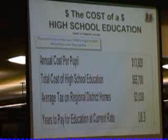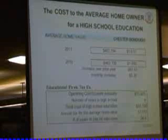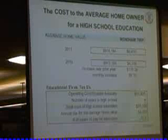You will perhaps be better able to relate to this by looking at the next 5 slides, which show the same comparison for each municipality and also show the average home value in each of our municipalities at the new tax rate to show what the tax would be. So that in Mendon Township,